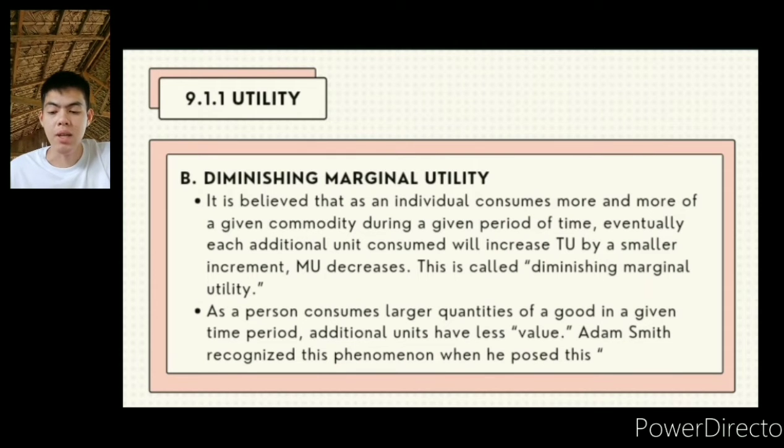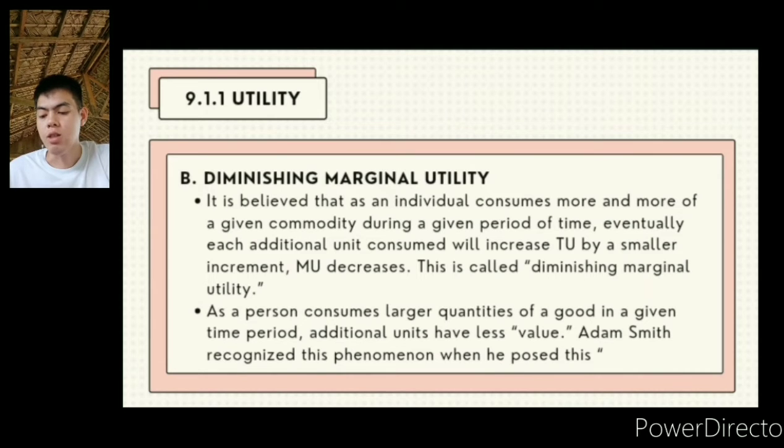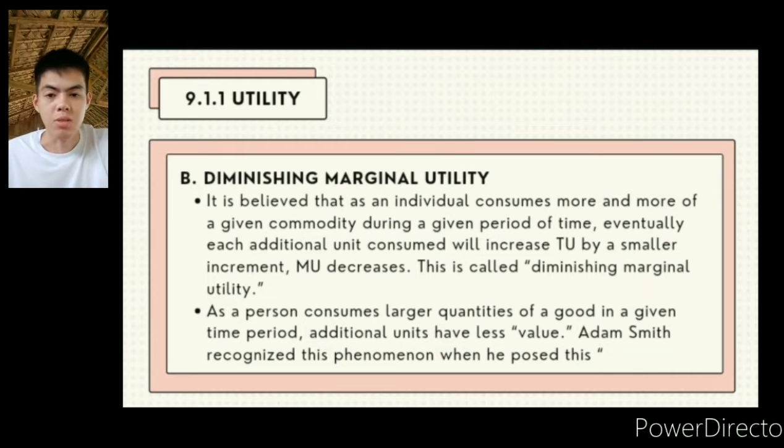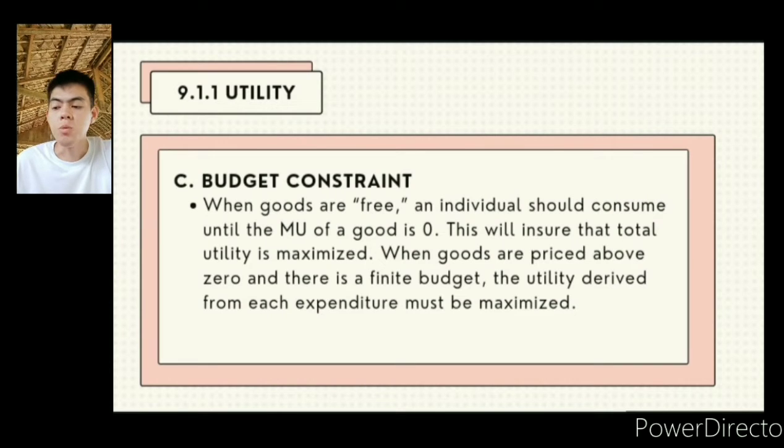that are relatively scarce. Kumbaga, ang gustong ipabatid ni Adam Smith ay kapag dumami yung quantities of goods ay bababa yung halaga nito. Nangyari din ito sa panahon ngayon. Ang simpleng halimbawa nito ay yung sa niyog. If marami yung niyog, yung presyo ay bababa. If konti naman, saka tataas yung presyo nito, na may ugnay natin dun sa sinabi ni Adam Smith. Then, let's proceed to the budget constraint.